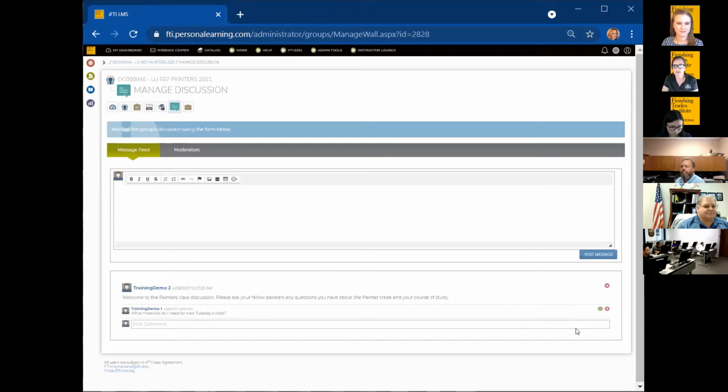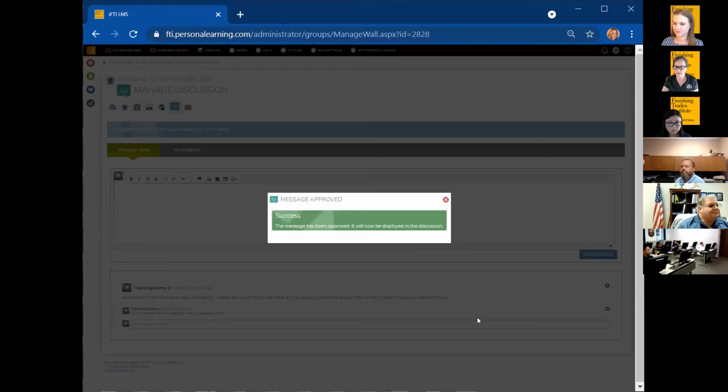So once he or she clicks the green arrow, then that question or comment will be visible to the rest of the users. And you can also delete it if it's inappropriate or you just don't want it. And it just gives you a message saying that it will now be displayed in the discussion board on the members who were in that group.